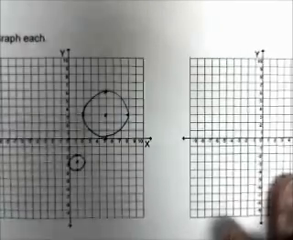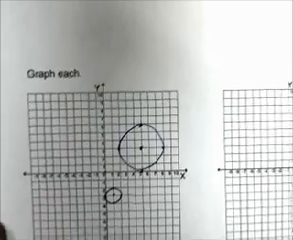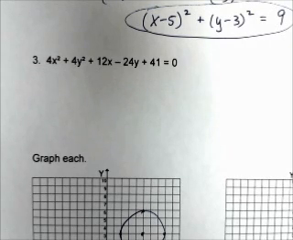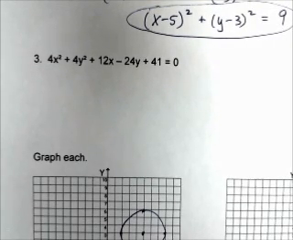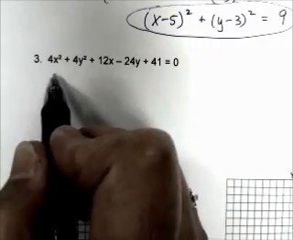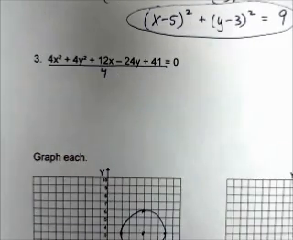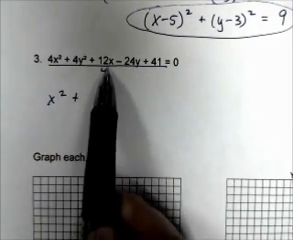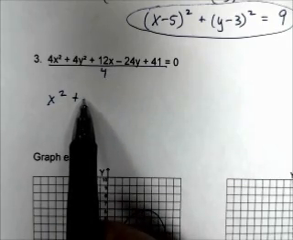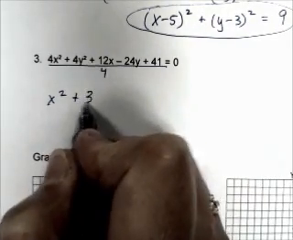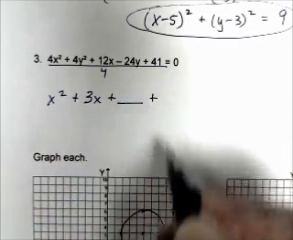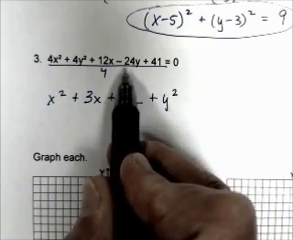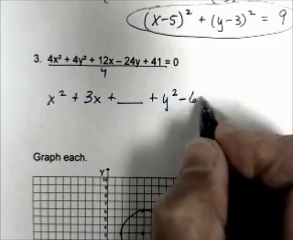All right, and the last one, number 3 here. Oh boy. Lead coefficient's not 1. Okay, so we need to divide everything by 4. Right? Divide everything through by 4. So I'll have x squared plus, in the same step, I'm also going to put it in its correct form, meaning I'm going to write my x term next. So that would be plus 3x plus blank plus y squared. Negative 24y divided by 4 is negative 6, so minus 6y plus blank